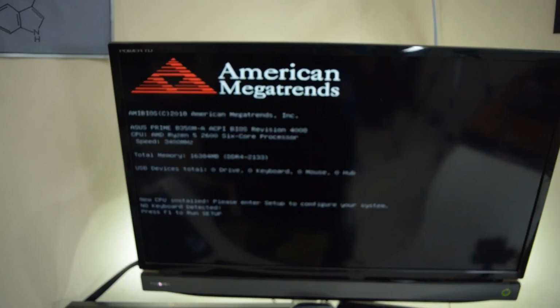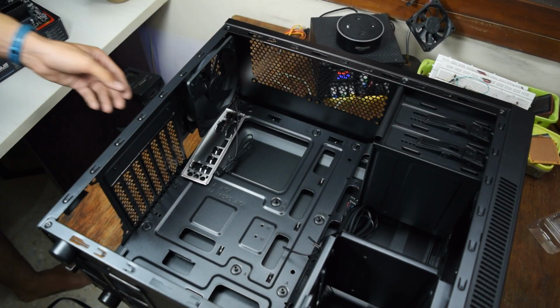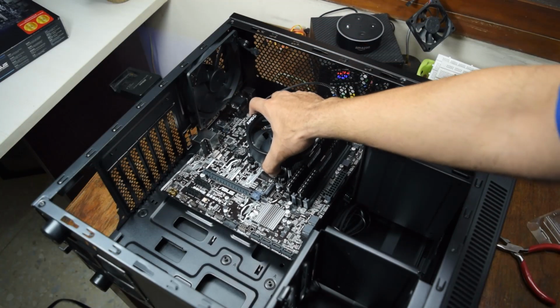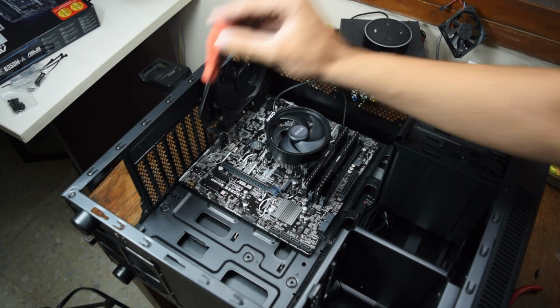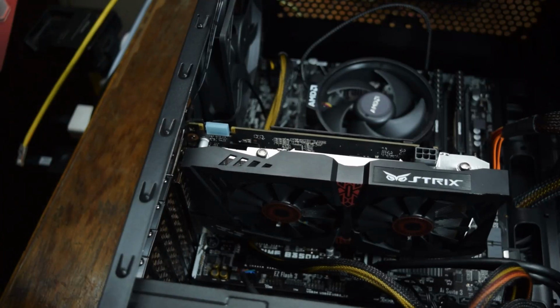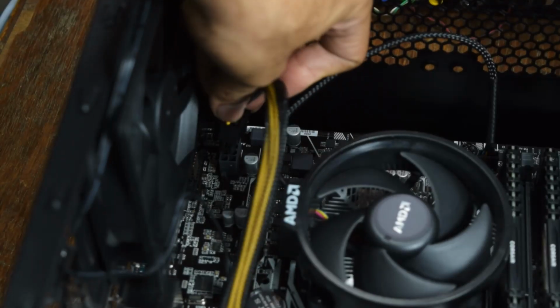Now it's time to put these components into the case. That goes something like this. You start with installing the I/O shield for the motherboard, screwing in the motherboard with the right number of standoffs and the right type of screws, installing the graphics card into the PCIe slot, putting in the SSD into the toolless drive cage,